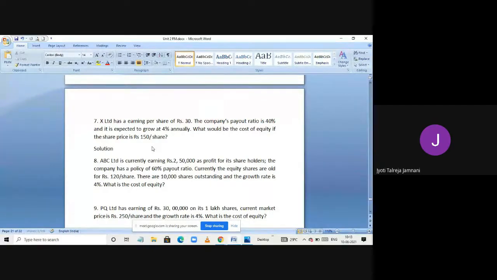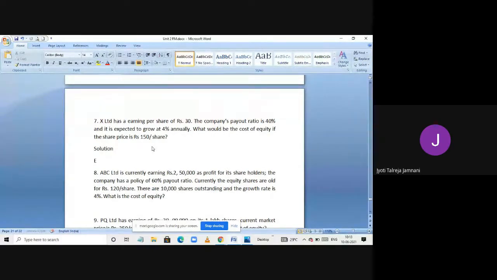So here they have not given us the dividend, but they have given us earning per share. I'm writing the full form now. Henceforth, I'll be writing it as EPS. So earning per share is nothing but EPS. They've given us the EPS as 30 rupees. Now this is not dividend. This is what the company has earned, and out of whatever it earns, it doesn't give the entire thing as dividend.